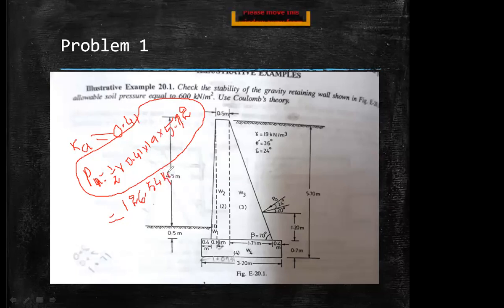So I told you the blind mark. Whenever we are using this in the formula, it will be pressure times force. Kilonewton should be the unit. Right? So see here the PA. PA magnitude we calculated, right? And it is making some angle here, so we need to calculate the horizontal component and vertical component now. Because it is making some angle, calculate the horizontal component and vertical component.